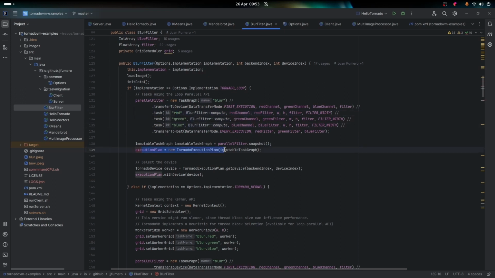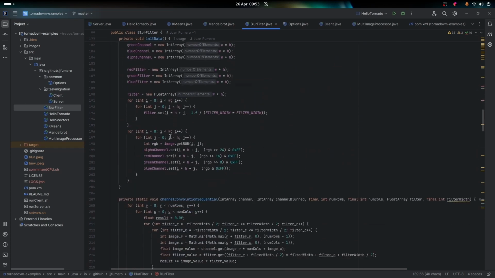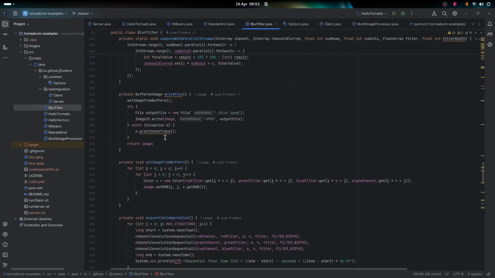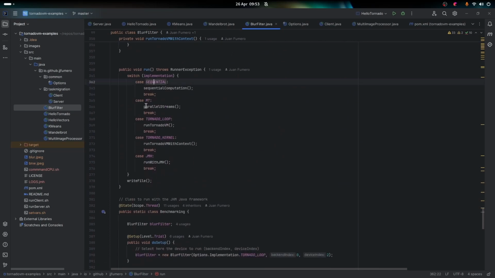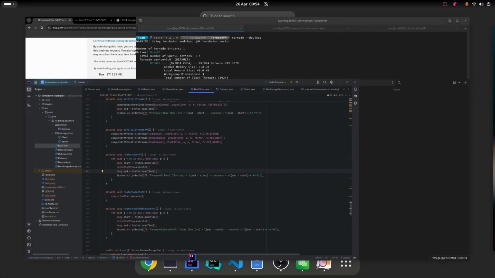Then we create the execution plan, and then in the benchmarking mode, we just call multiple times execute just to measure the timing for each iteration. So that's down here. If you choose the Tornado flag, okay, we'll run the Tornado side. It will run in a loop the execution plan.execute. Right. So let's jump now to the terminal and show you